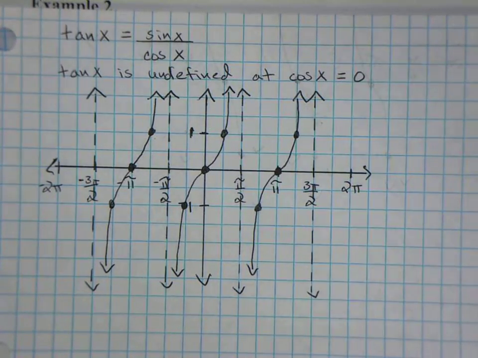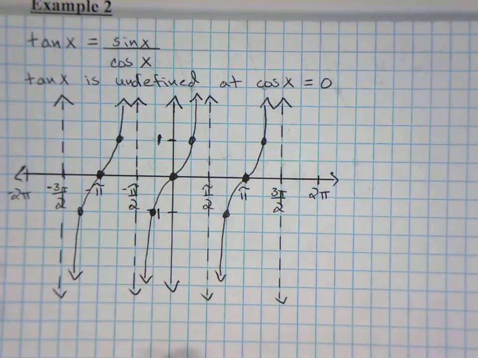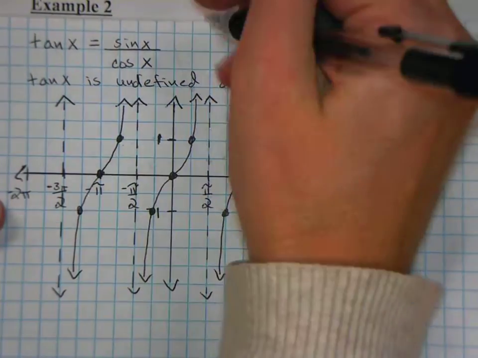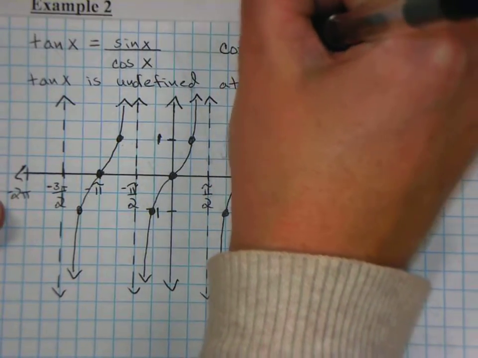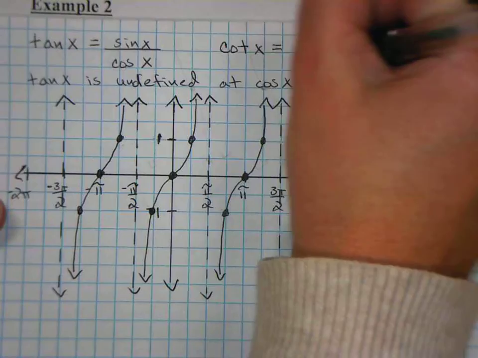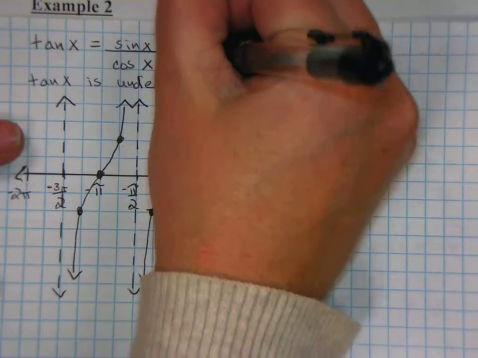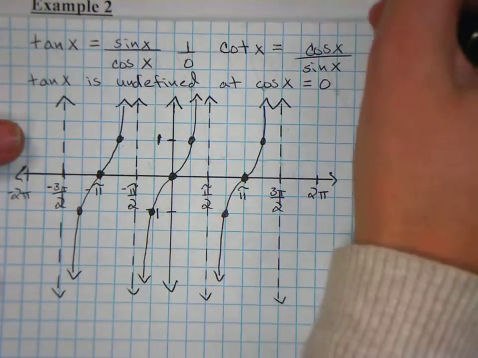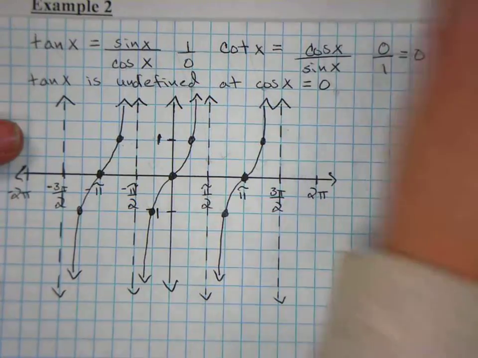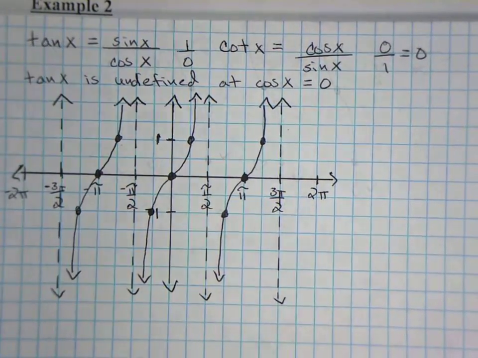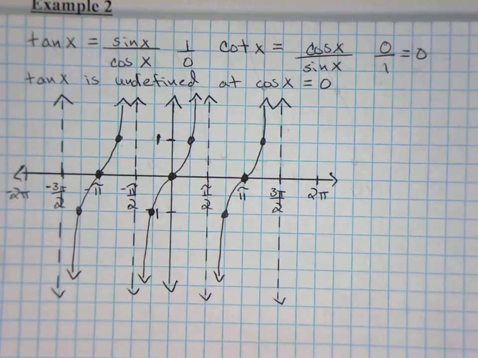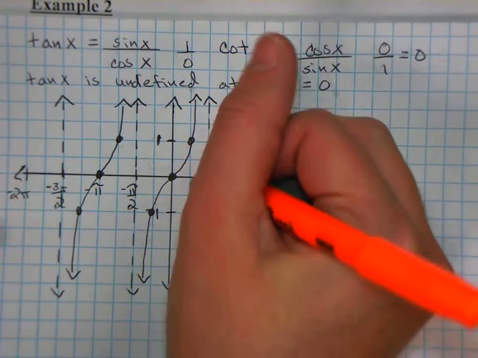What you have to understand is there's going to be a flip-flop between tangent and cotangent of where it's undefined and where it's 0. If you think about it, I can even make notes up here. Tangent of x is sine over cosine, so cotangent of x would be cosine over sine. The spots where here I had 1 over 0, making it undefined, I now would have 0 over 1, and that's not undefined anymore, it's 0. So I'm going to use my highlighter to show you what's going to happen. But where I had asymptotes before,